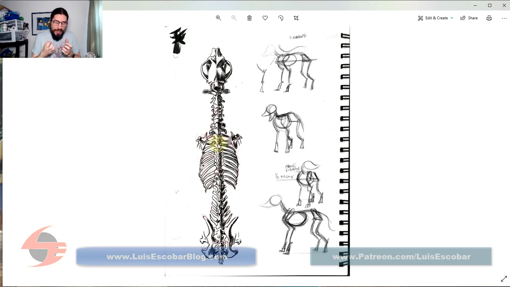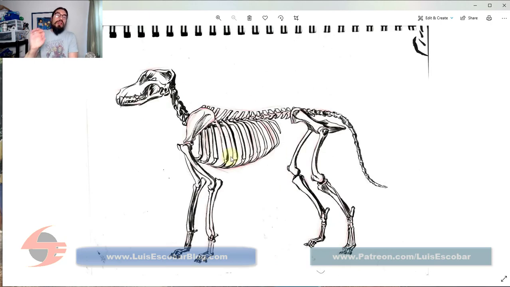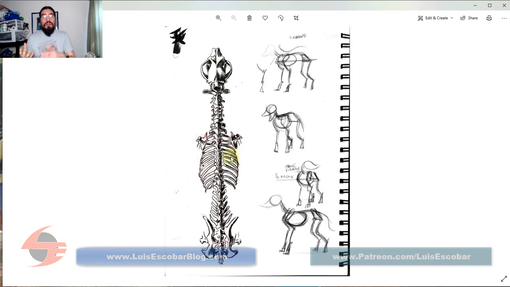I wanted to know what the skeleton actually felt like, what the things were. However, this kind of anatomy breakdown is not what you're going to be drawing whenever you're drawing a figure of any kind, including an animal. This is like right here. So what I ended up doing here is I ended up breaking down the skeleton into those basic shapes